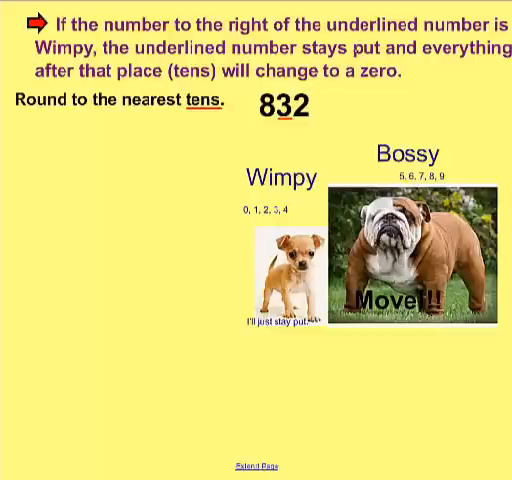If the number to the right of the underlined number is wimpy, the underlined number stays put, and everything after that place will change to a 0. See, wimpy? He's scared, so he says, I think I'll just stay put. So we go to the underlined place. In this case, it's still the tens. Look at the neighbor to the right, and that's the ones column. If it's wimpy, in this case it is, it's a 2. 2 is wimpy, it's a small number. This 3 stays, and everything behind it turns to a 0. So if you rewrite this number, it would be